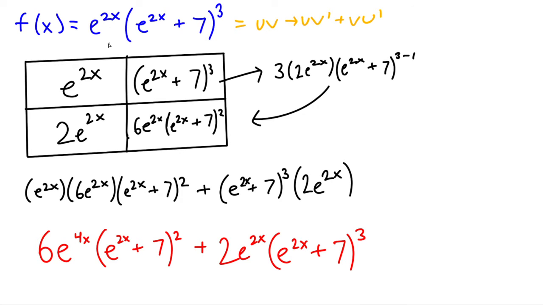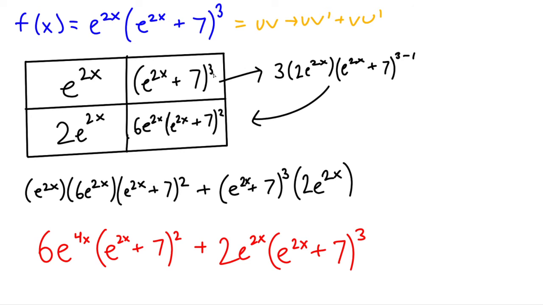Now we got a multiplication of two different terms, so we will use product rule, which is this. This is an equation to get the derivative of product rule. Our u is e to the power of 2x, and our v is e to the power of 2x plus 7 squared. This is the derivative of the u, and to get the derivative of v, we have to use